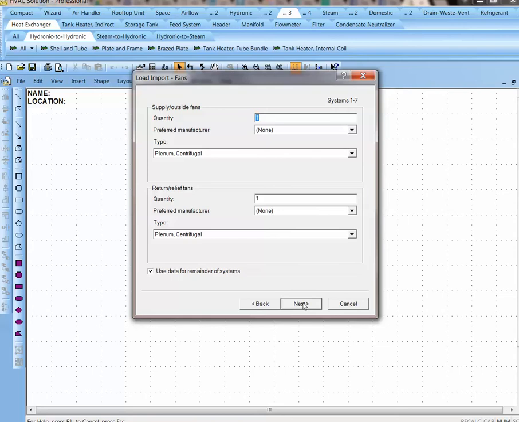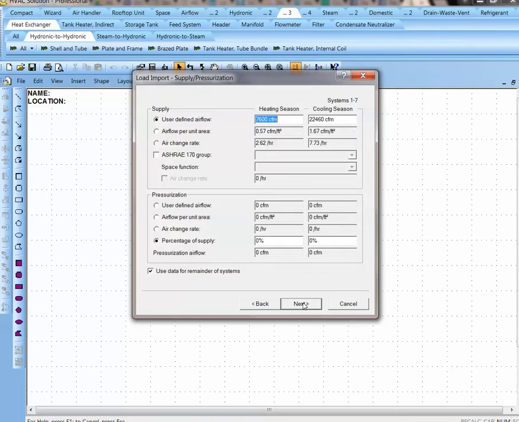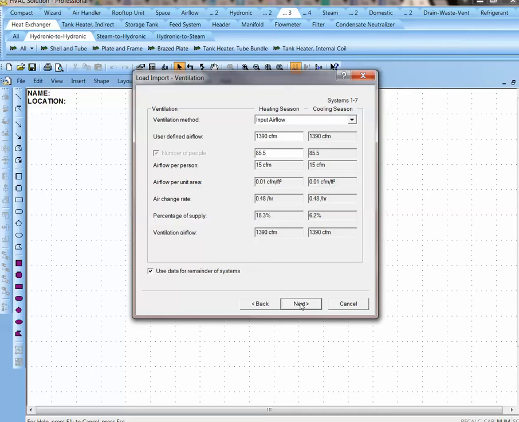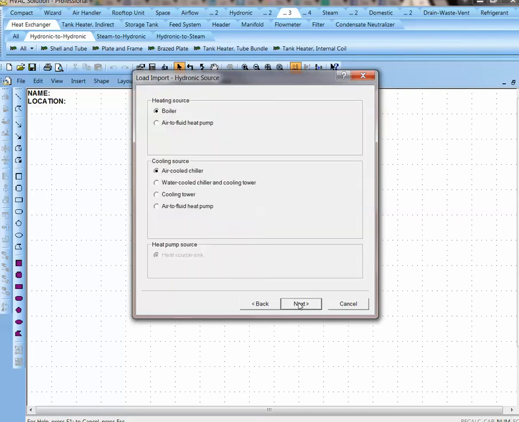It's reviewing now the fans, filters, spatial information. There's the CFM for the heating and cooling side, 22,460 on the cooling side. Ventilation, again, this is the gbXML wizard reviewing the data inside the gbXML file that came from Trane TRACE 700. Exhaust, coil options,